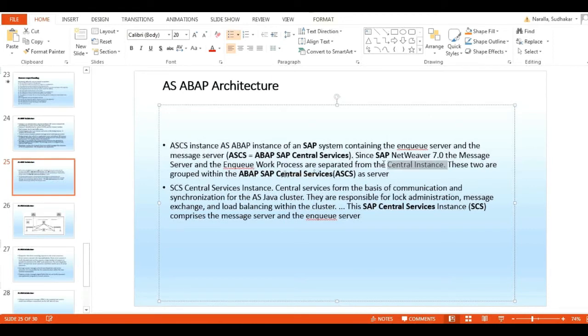Did you get this point? After NetWeaver 7.0 onwards, SAP has separated the central services instance from the central instance. These two are grouped within the ABAP central services instance. ASCS, from where was it separated?